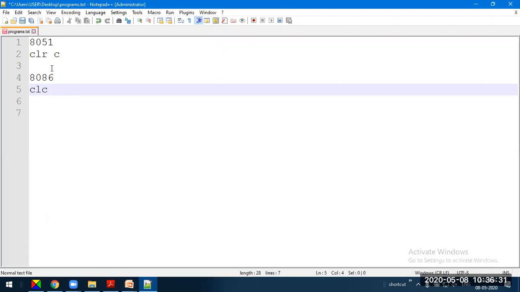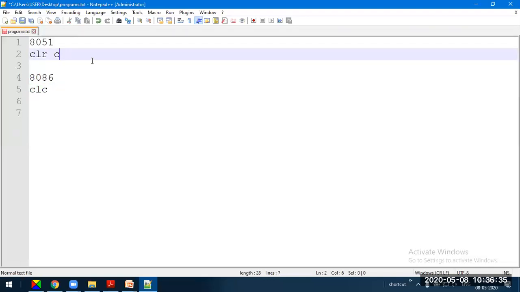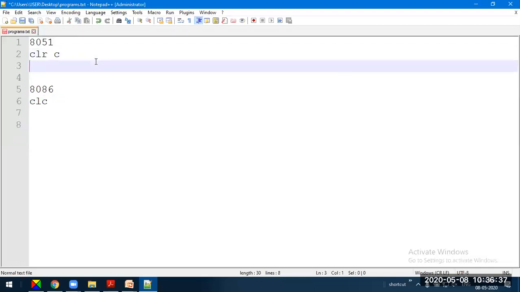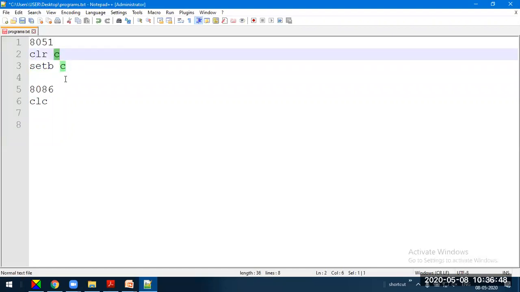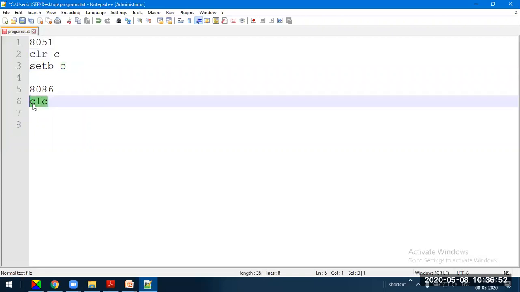Even for smaller operations, for example, how to set the carry to 1, we use SETB C. What we have to understand is that CLR and SETB operate not only on the carry bit, they operate on any 1 bit of data. Whereas CLC is only for the carry bit, not for any other bit location in 8086. So that's how it is very particular in 8086 processors.